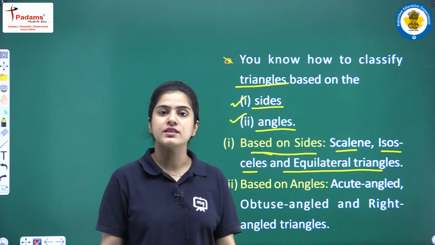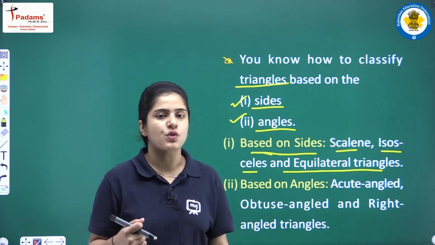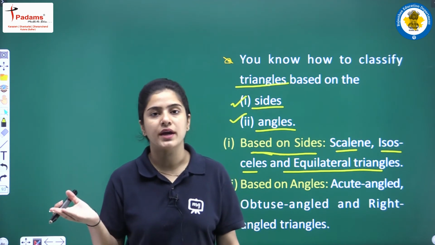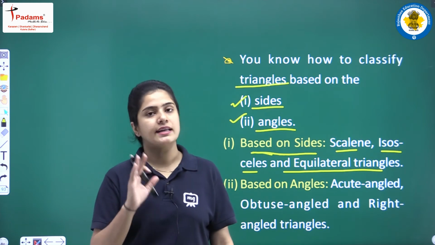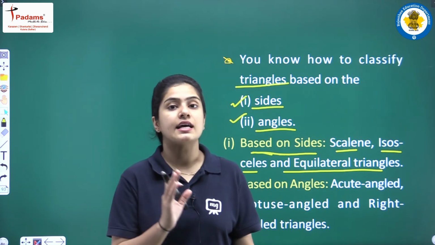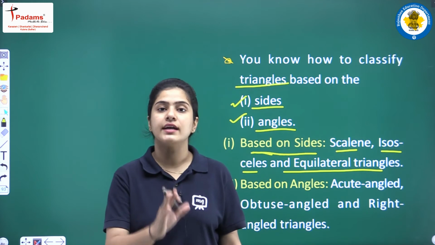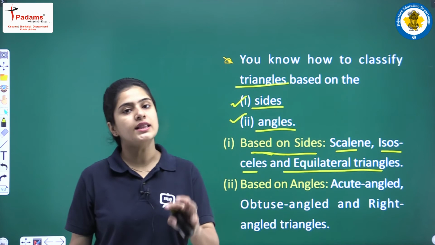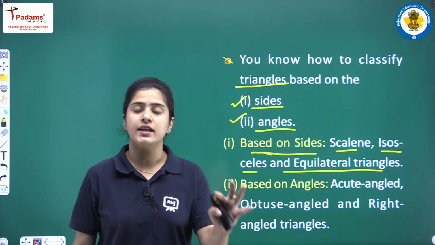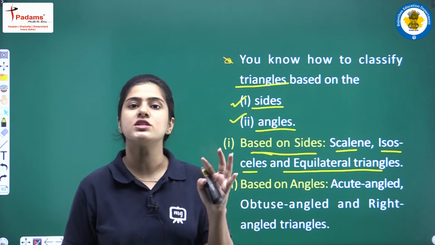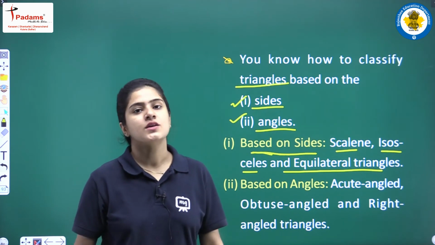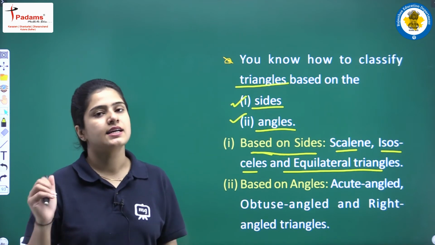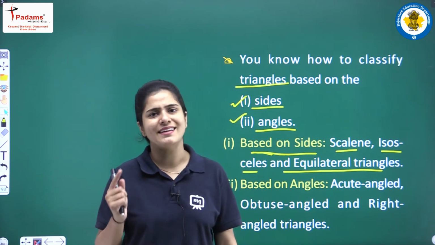आइसोसेलेस ट्राइंगल. ओके स्टूडेंट्स, इफ आई एम टॉकिंग अबाउट द स्केलेन ट्राइंगल स्टूडेंट्स, तो इक्विलेटरल ट्राइंगल में सभी ट्राइंगल्स के साइड्स बराबर हुए. ओके, आइसोसेलेस ट्राइंगल में ट्राइंगल के दो साइड्स इक्वल हुए, लेकिन स्केलेन ट्राइंगल के अंदर ट्राइंगल की तीनों साइड आपस में अनइक्वल होती हैं. ओके स्टूडेंट्स, so all the sides of the triangle are unequal to each other if you are talking about scalene triangle. Okay students, so we can classify the triangle based upon side in three categories: scalene triangle, isosceles triangle, and